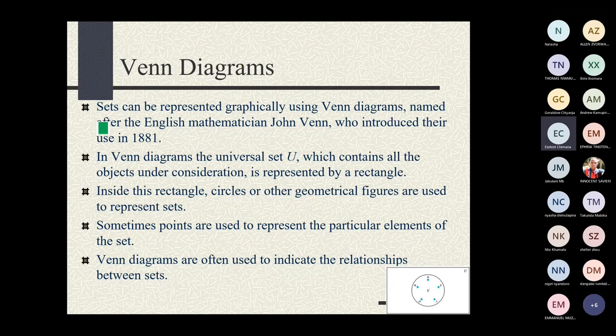So let's talk about the Venn diagrams. Sets can be represented graphically using Venn diagrams, named after the English mathematician John Venn, who introduced their use in 1881. So in Venn diagrams, the universal set U, which will be the set which will contain all the elements under consideration,